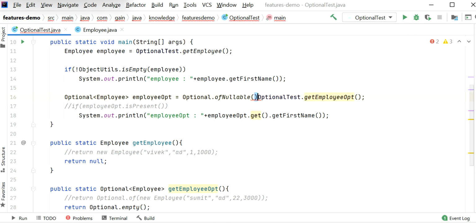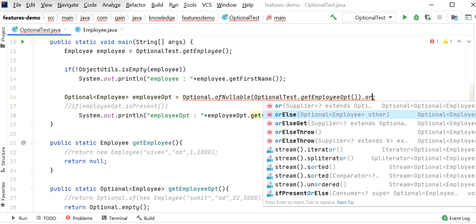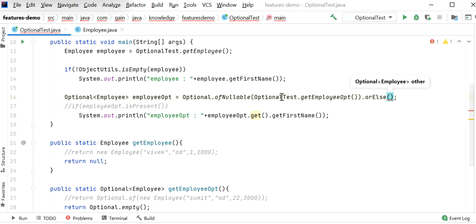So this method will handle it. Here I will call the orElse method. In that case, if this object is empty, we will get this object. So here I will call defaultEmployee. This method will return a default employee object.